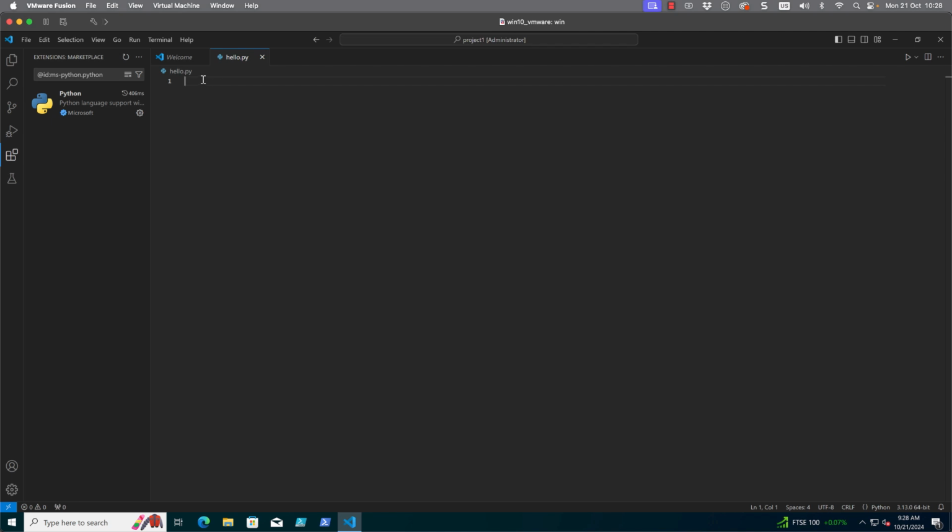And before I start typing, we can move to the bottom right-hand corner where we can see that we are using Python as our language for this file. And we can even see the version of Python that we are working with and the path through to the Python interpreter. As I start writing my code, we're going to get a lot more help than we did when we were looking at Notepad++.